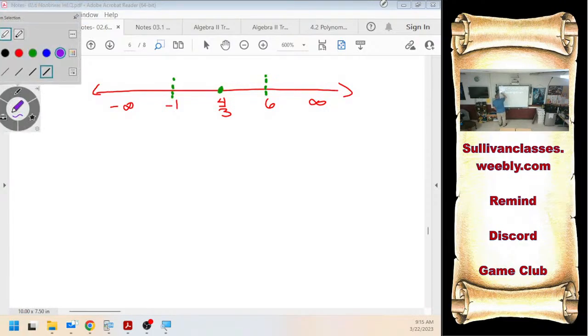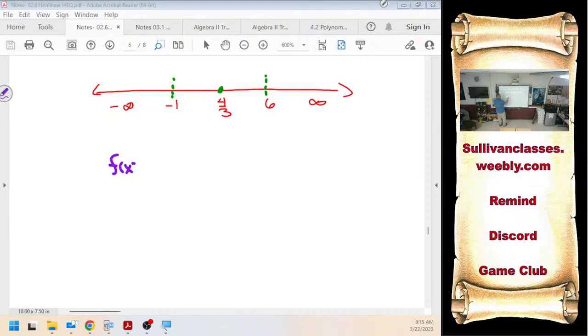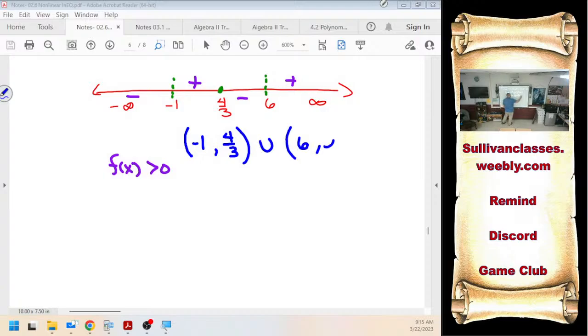And they're asking what, greater than 0? Well, we tested and we found negative, positive, like that, right? So, positive numbers are bigger than 0. -1 to 4/3. Parentheses and parentheses because it's not equal to. Union 6 to infinity. What I want you to see, and this is why I make my number line like this,